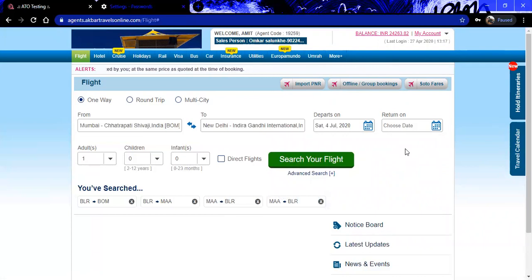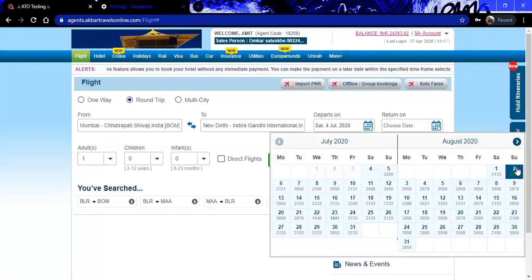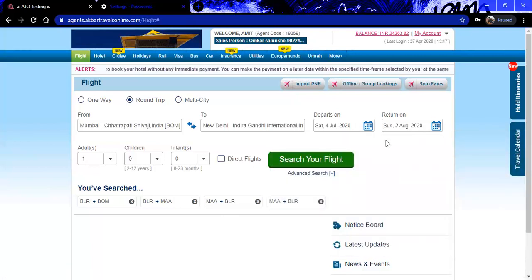If an agent requires to change the journey from one way to round trip, you can use the calendar or the selecting options. If you click on round trip, the second calendar for the return journey will be activated. But if you are on one way only, you can use this feature directly. You can just click on the calendar and select the dates according to the passenger's requirement.